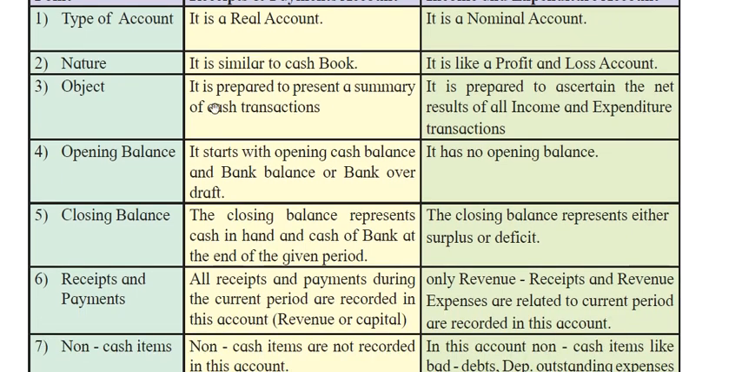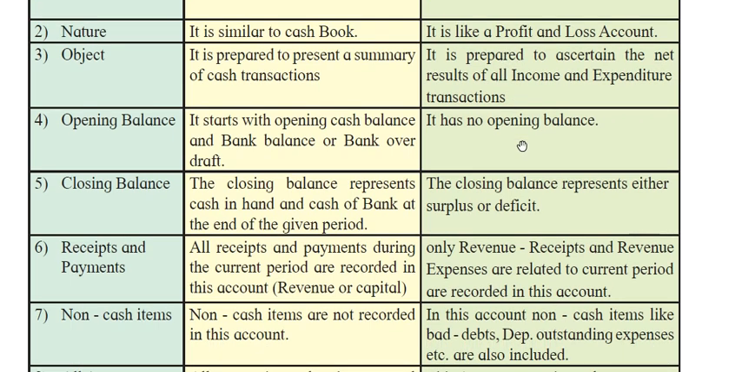And object, it is prepared to present a summary of cash transactions. What expenditure happened, what income happened, how much receipts and payments happened in the year. So it is prepared to ascertain the net result of all income and expenditure. To find out the net result, we are calculating the income and expenditure account. And